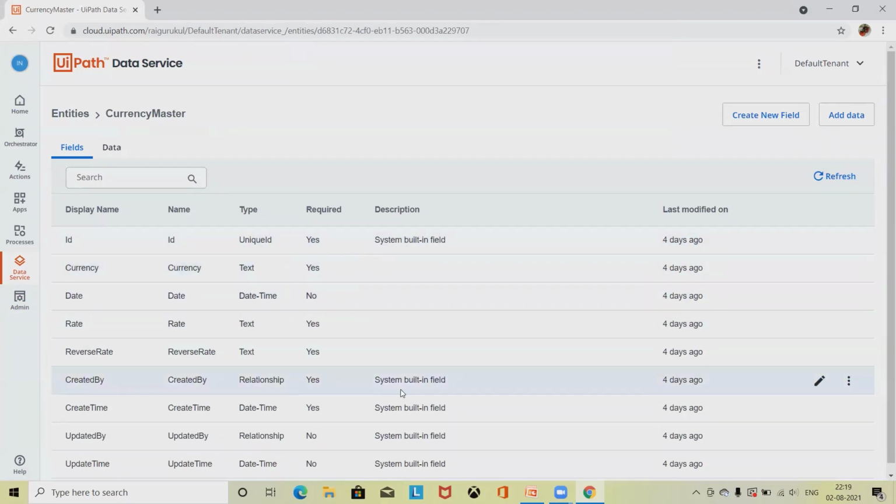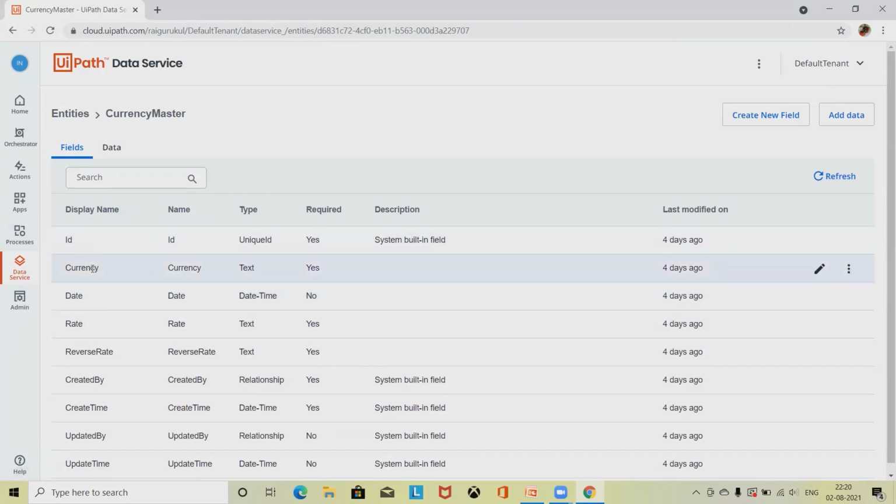In the description tab, these are system built-in fields, which are available by default. Whenever we add any entities, some of the fields are already provided by UiPath Data Services. The rest we can create.